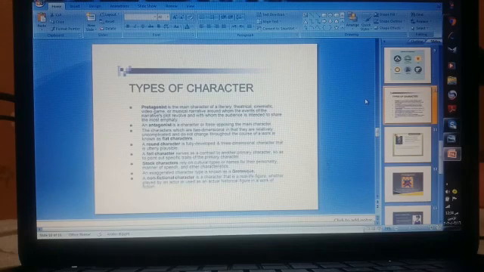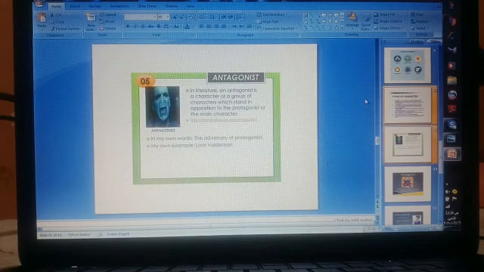Next, we have types of characters. We have many types of characters actually, such as antagonist, protagonist, static one, round, flat. For example, here I have antagonist. I guess that the picture explains everything about this kind, but here it said that this